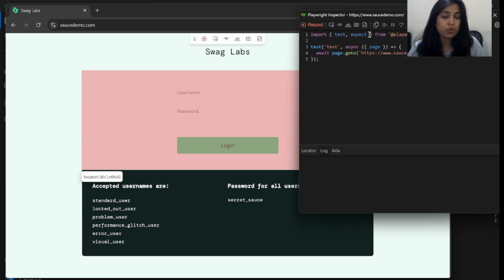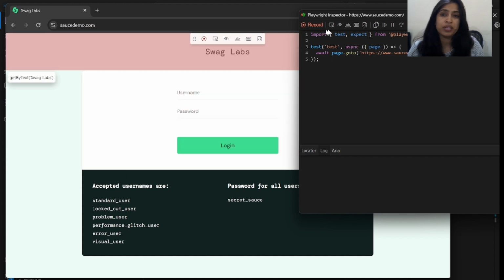See the way we write our code, it is taking like that only. It imports test and expect from playwright test, and then it automatically writes a test. It passes the arguments the way Playwright accepts them, and await page.goto, like that. It launches this particular URL of the website.